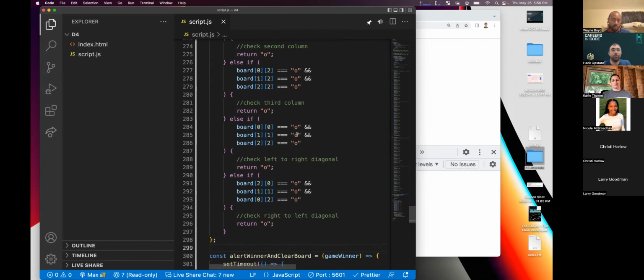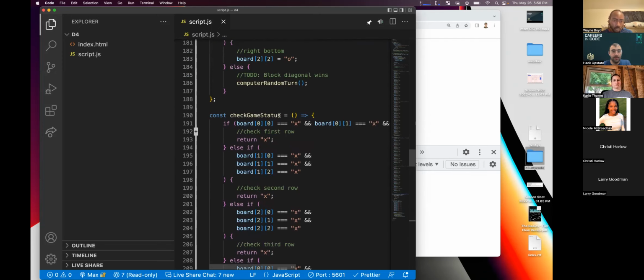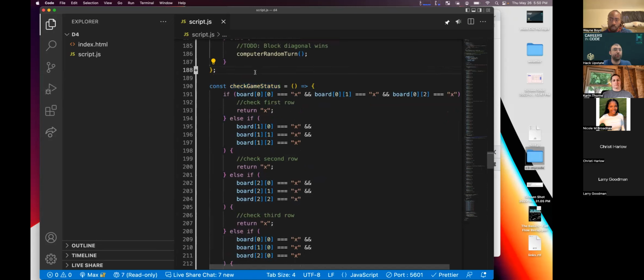Okay, so we're going to come back up here and we've got a whole heck of a lot of if statements here. Check game status. We are doing a whole bunch of things. What can we say this code is doing kind of line by line? Tell me what this code is doing using English. If this happens, and if this doesn't happen, do this instead. So take it a step higher than that. What is the if that we keep on checking? If the X is at 0, 0. Yep, take it a step higher level than that.